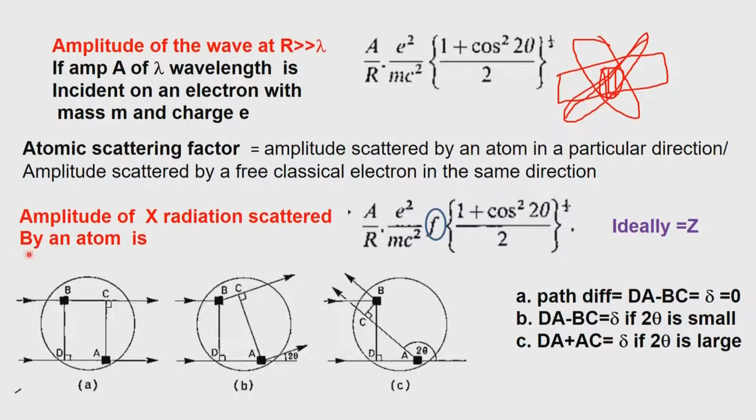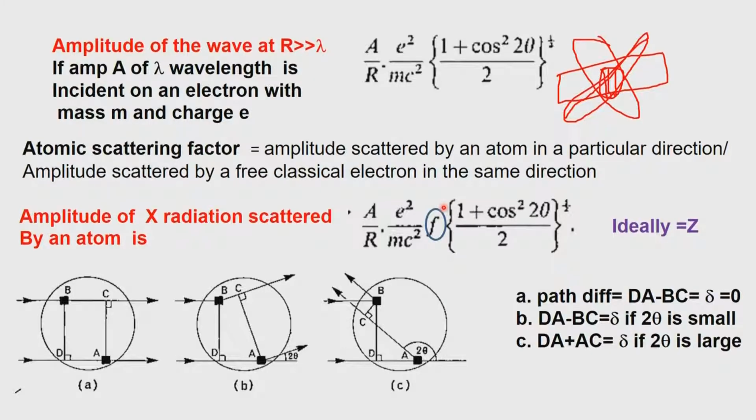If it were individual atoms contributing their entire contribution proportional to Z, then there would have been no problem. In fact, that is what happens in the case of neutron diffraction. We will worry about it later. But at this particular moment, since X-rays interact with electrons and there is a size of the electron cloud around a given atom, and different atoms have different sizes, different contents of electrons and so on, this particular quantity f will also vary with respect to the scattering angle.